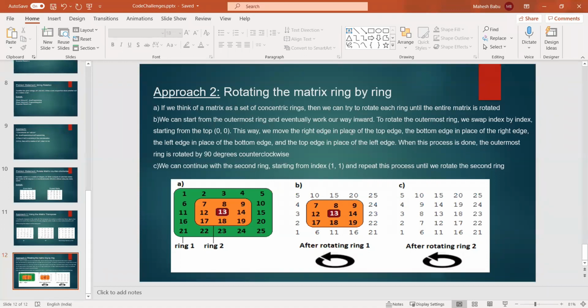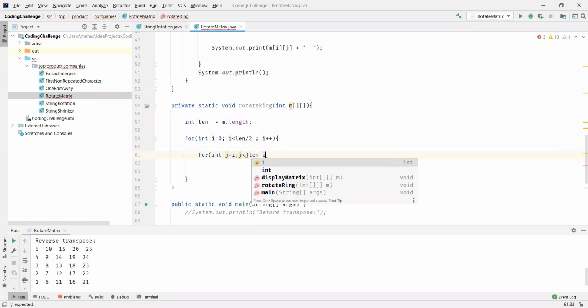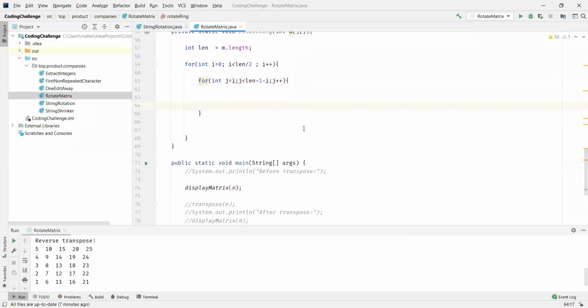So replacing right edge in place of top edge, bottom edge in place of right edge, all these 4 operations, right? We are going to do that within this inner loop, and this has to be done till the total length of the matrix minus i, for all the columns, right?